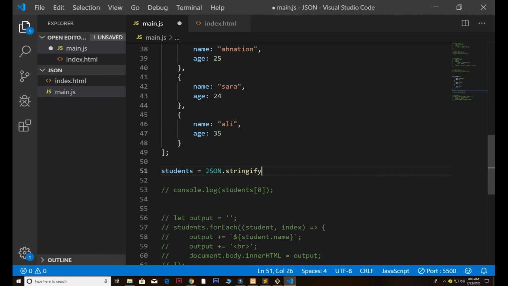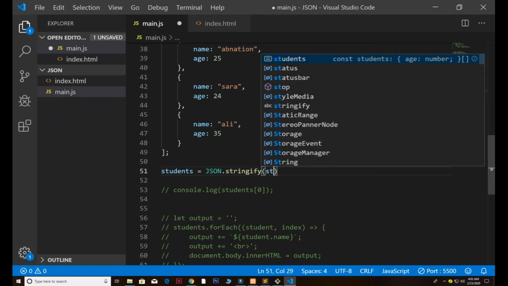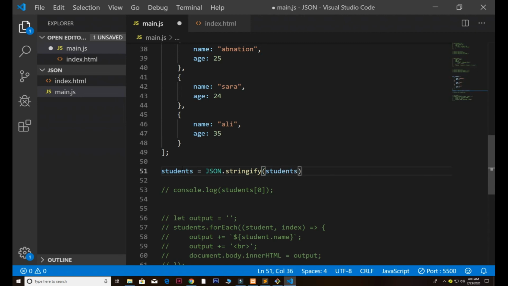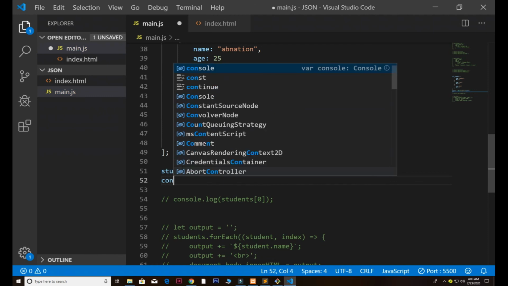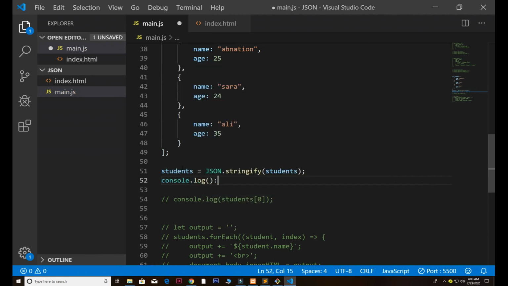So JSON dot stringify, and put students inside that, and go to the console.log and put here students,